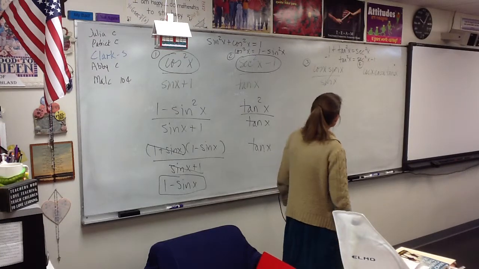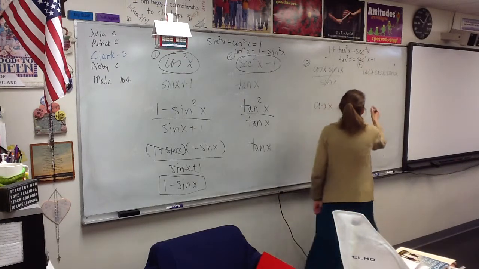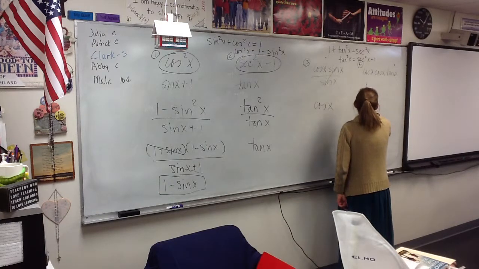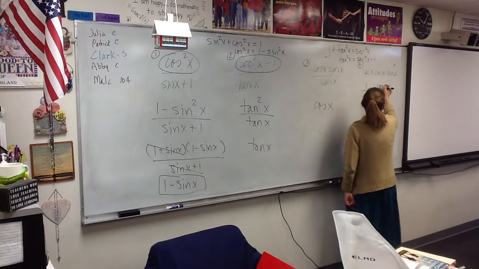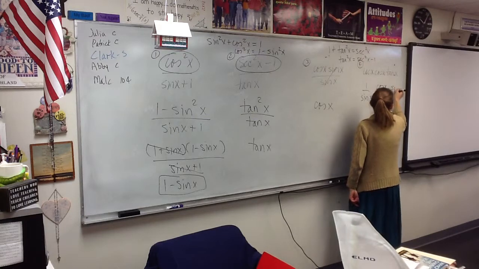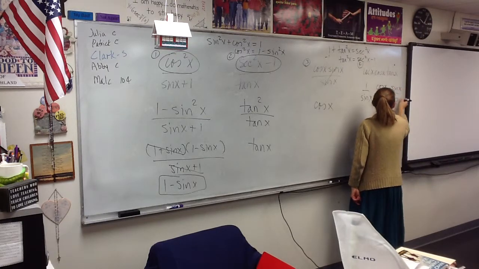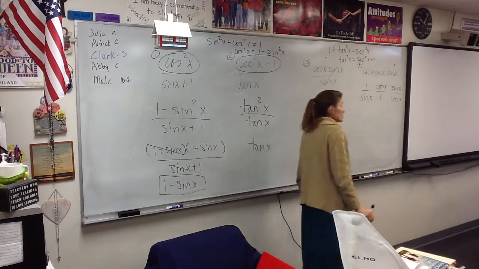Okay, what do you want to do with number 4? Change cosecant x into 1 over sine x and keep cosine. Change tangent to sine x over cosine. Okay, so let's pause right there, Ethan. Ethan suggested,